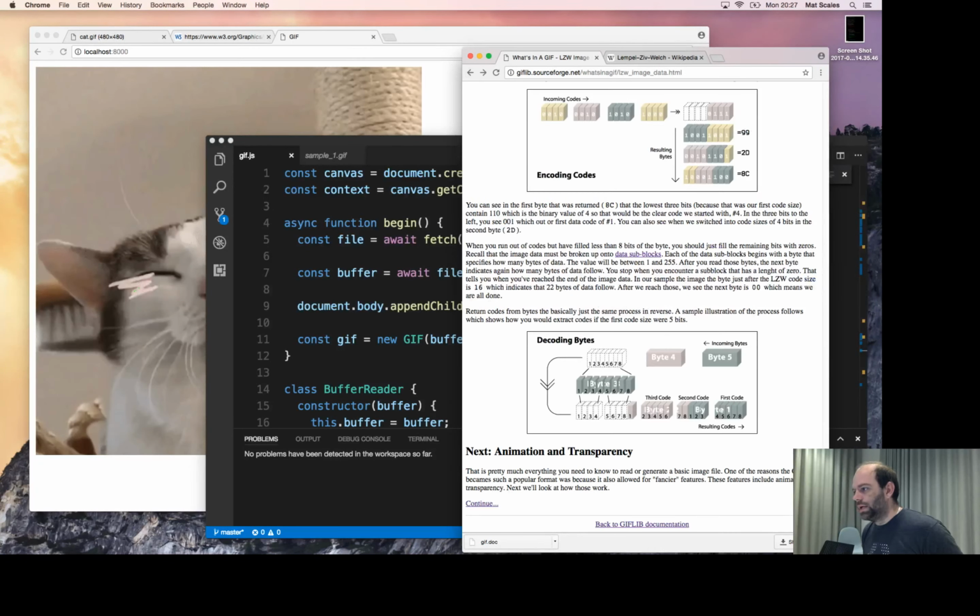The graphics control, the next 2 bytes are the delay time, an unsigned integer, number of hundredths of a second to wait before moving on to the next scene. So that's actually 60 milliseconds between consecutive frames,